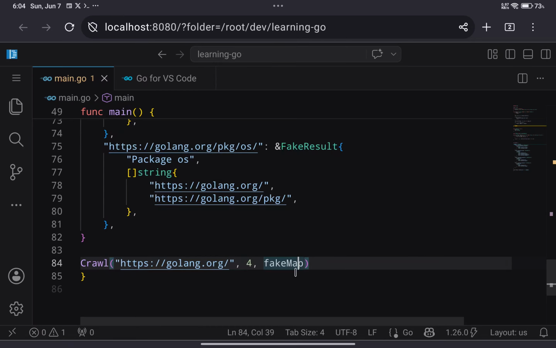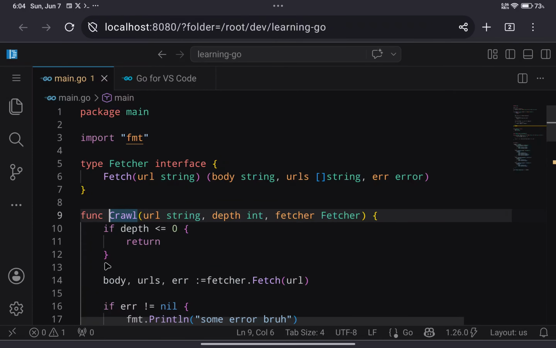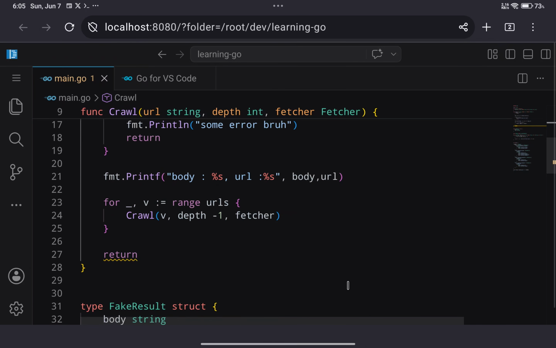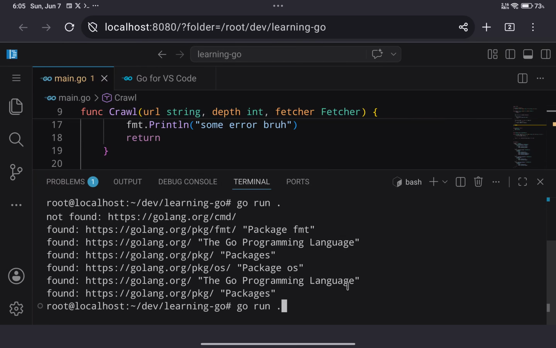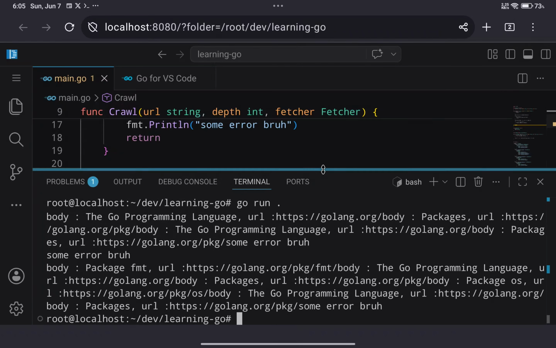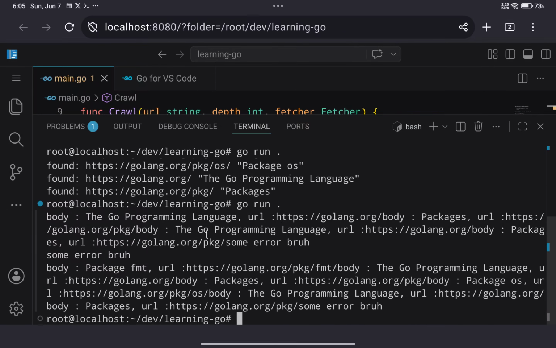So it takes this fake map instance, and where it does, it calls the fetch method. All right. Okay, it's working, but